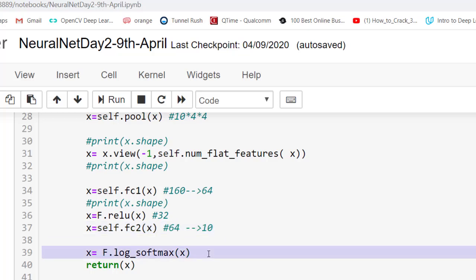Basically, what it means is we want to maximize one of these 10 labels. Once it produces 10 numbers, only one number is going to be correct, and the rest are going to be wrong. So we need to compare this against 10 different numbers, and only one will be correct. So we have to maximize against that one correct label.